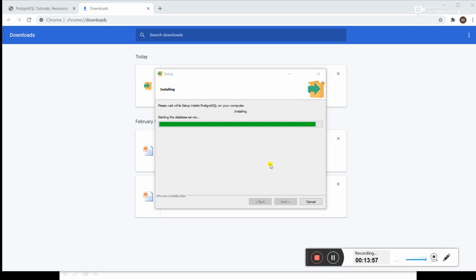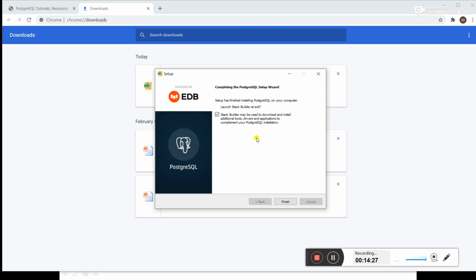Now it is almost done. After finishing this, it will ask you whether you want to install the stack builder or not.